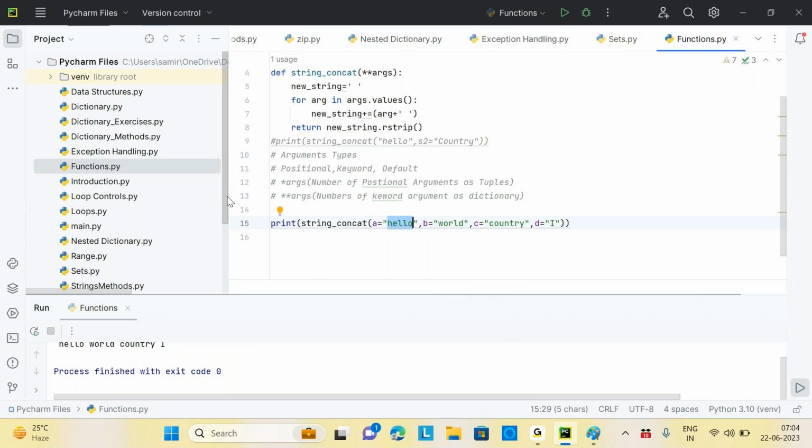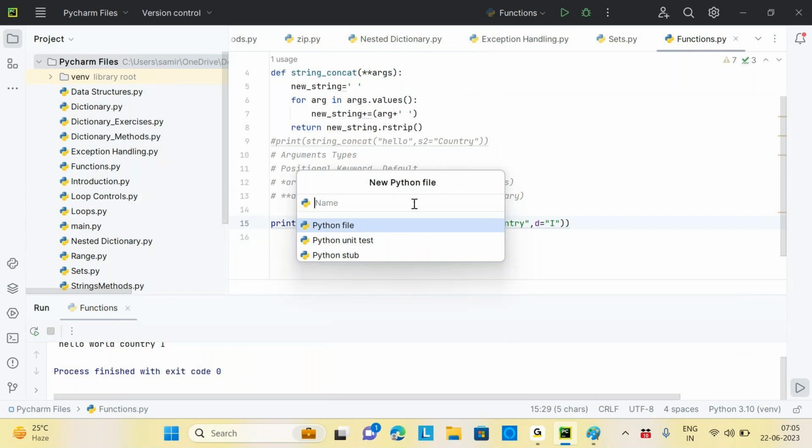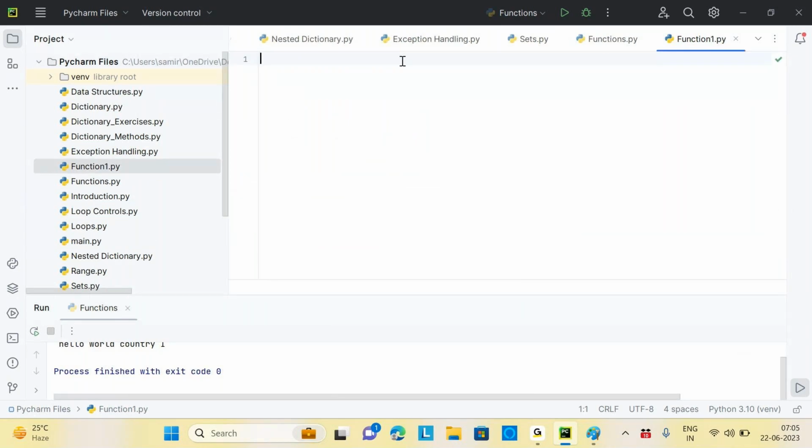Okay. Now I have another function. Let me define another file here, functions one. Now I will define a function here. Let's take an example. It will take three parameters: number one, number two, number three. And what I'm returning here is return